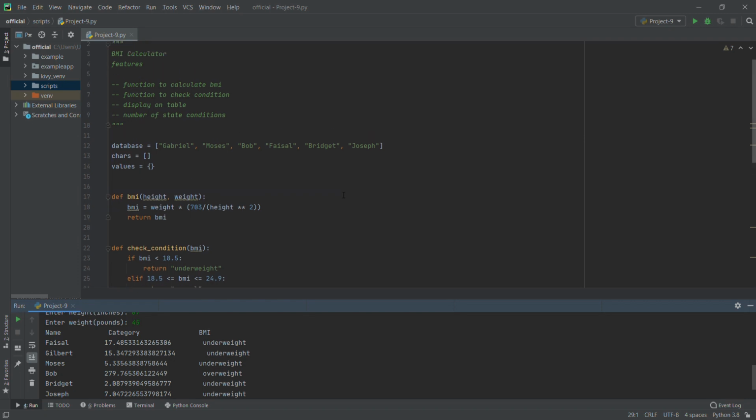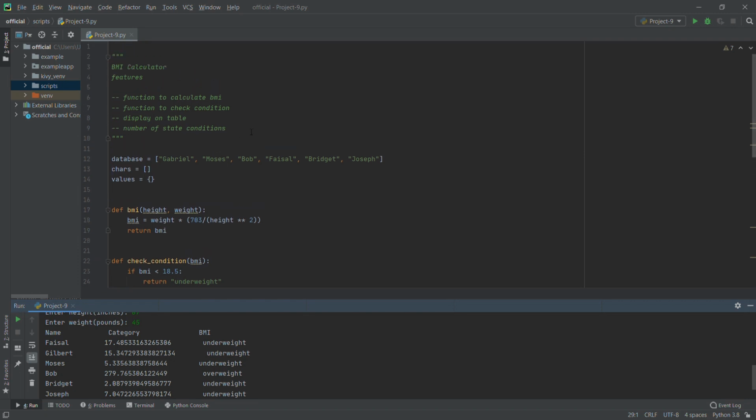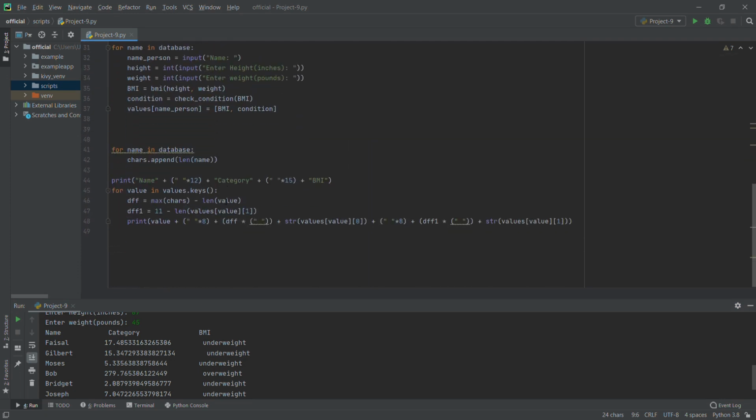Okay, so lastly we will look at the number of state conditions. So the number of underweight or normal weight we have in our, let's say, in the individuals we just